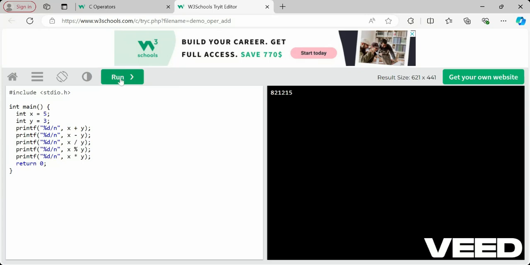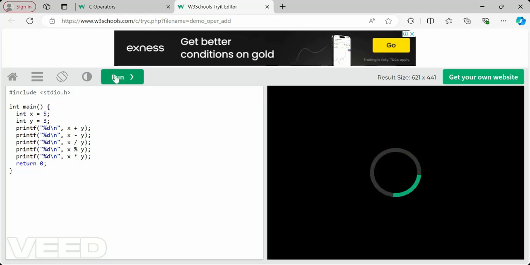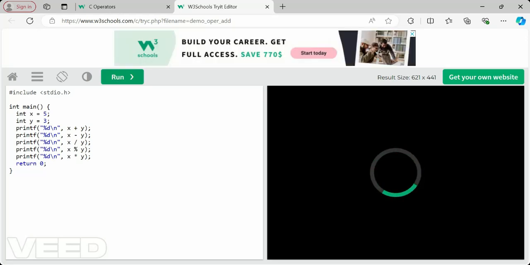Yeah, now I'm running this. For this x plus y you will be getting... Sorry, what's the problem? I have given this, but that should be backslash, not forward slash. So these things we have to keep in mind. That will be a common problem everyone will face, so I'm just addressing them.